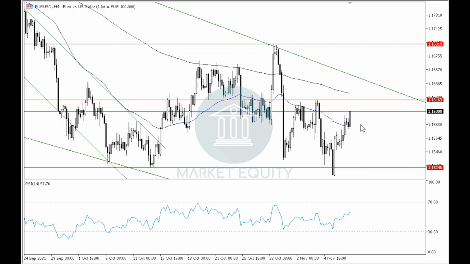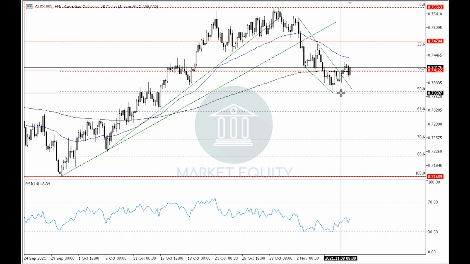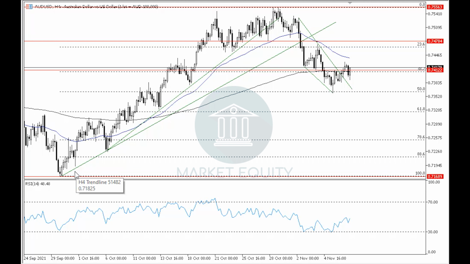That was it for the Euro versus the US dollar. Let's move on to the Australian dollar versus the US dollar. In the previous videos, we said that the pair is moving in a downtrend in the 4-hour time frame inside the overall uptrend in the daily time frame, and recently we can see that it has rebounded upwards off of around level 0.7360, which resembles around level 50% Fibonacci of the previous upwards movement that started around level 0.7170 and